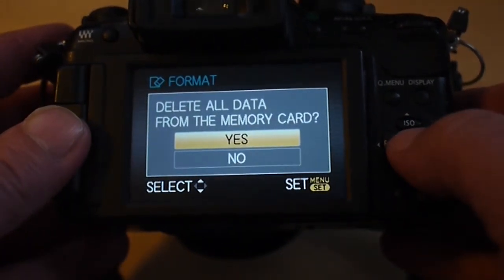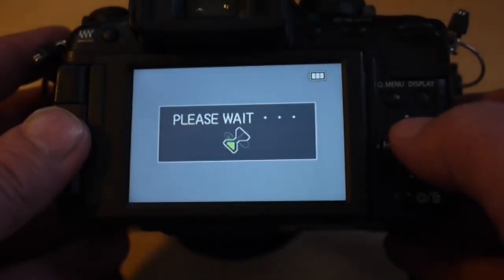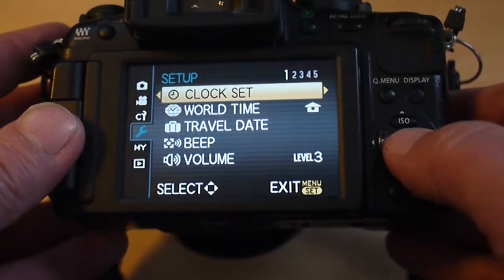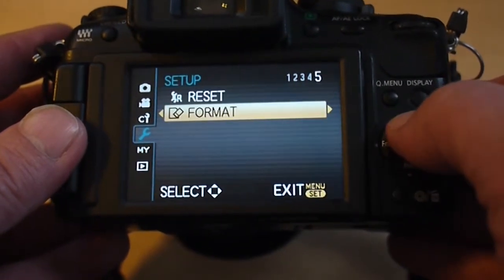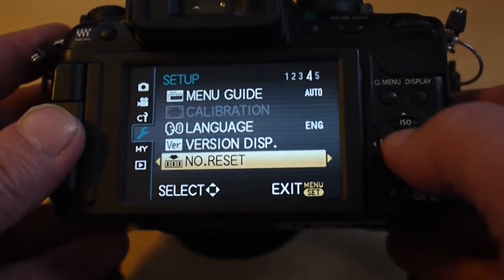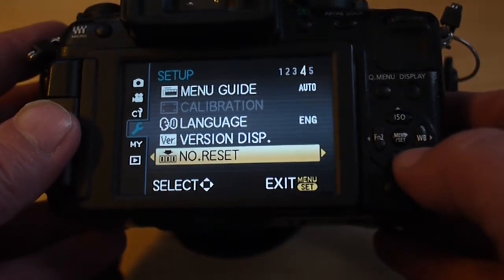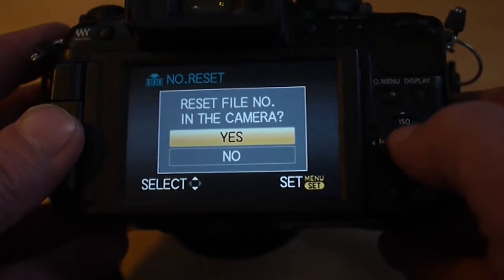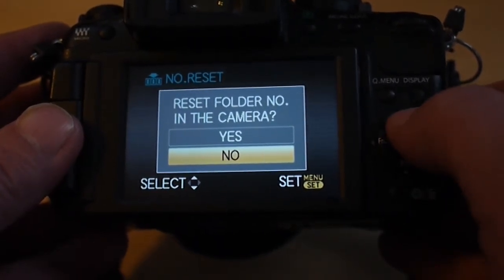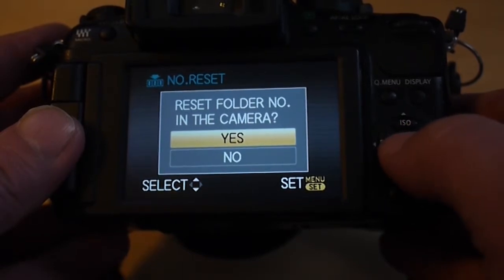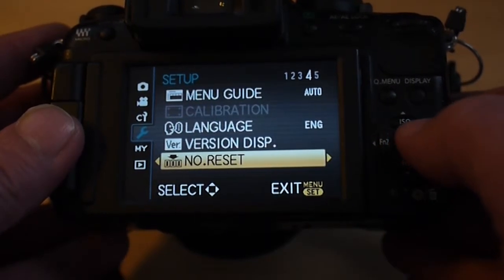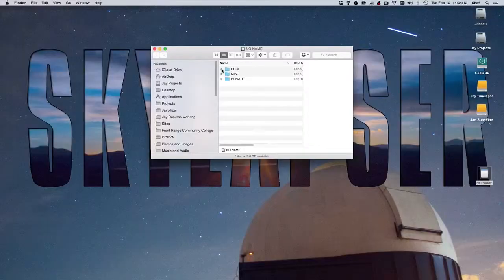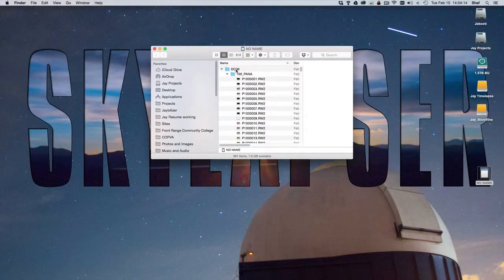The second thing that I do is that I go into my menu again, and I scroll over to number reset. That resets my file numbering, and it also can reset the folder numbering. So I choose number reset, then I choose file reset, and I choose folder reset. That ensures that my folders are going to count up from 100, and then my files are actually going to count up from